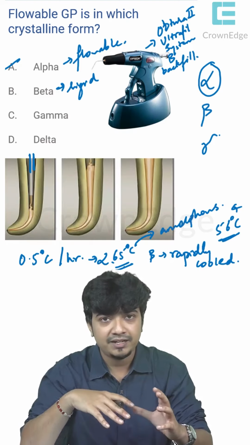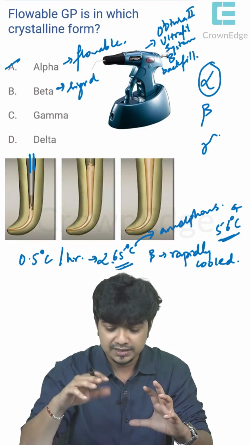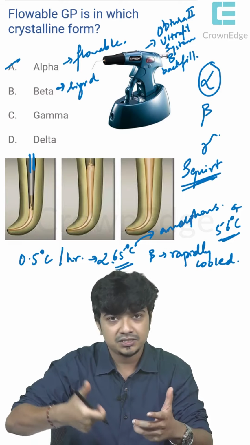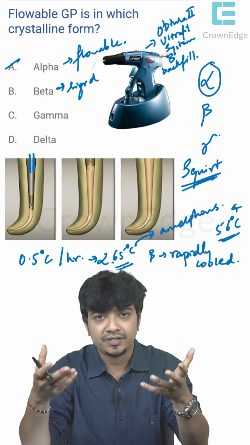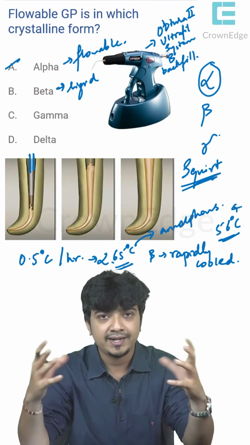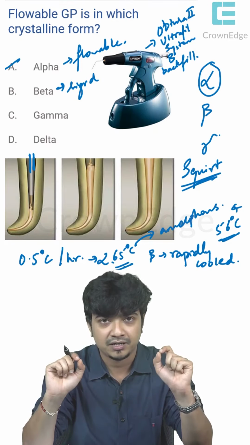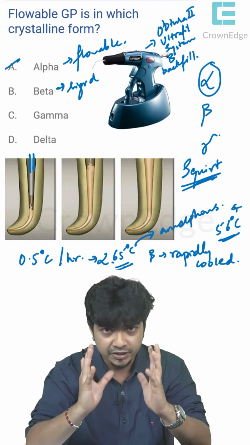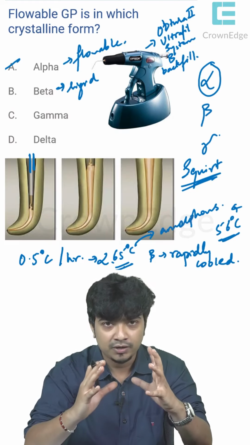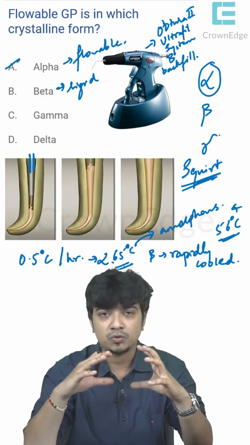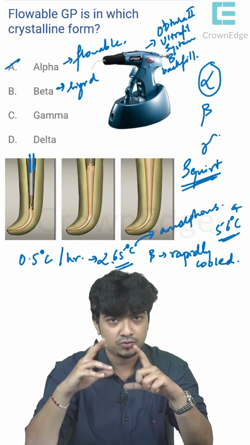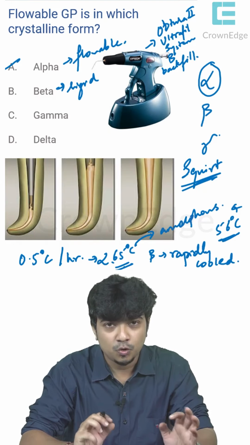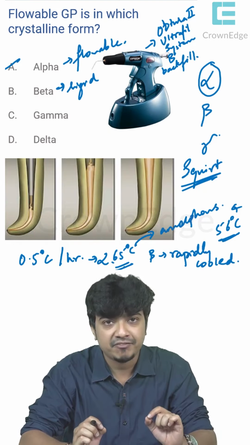This can be done in various methods, but the most common one is called the squirt technique. Squirt technique is basically just injecting the entire canal with flowable gutta percha and filling it entirely with the alpha gutta percha form. However, this requires a continuous tapered funnel preparation. It cannot have severe curvatures. Only mild to moderate curvatures can be treated using purely a squirting technique. So in the squirt technique you use only flowable gutta percha to completely backfill the canal.